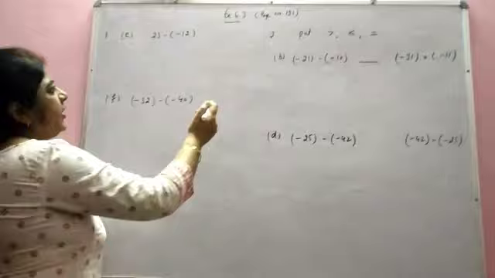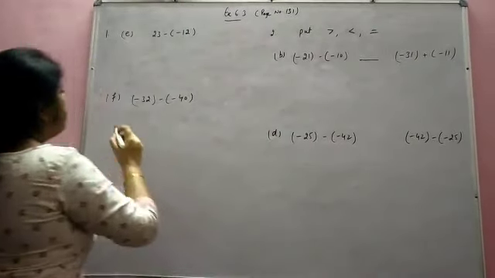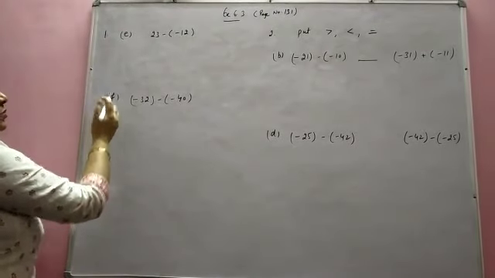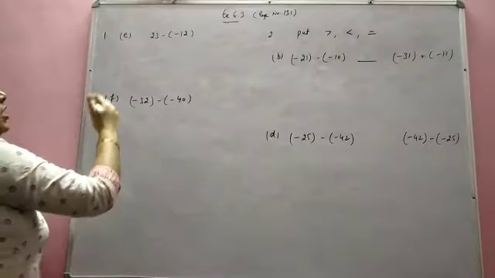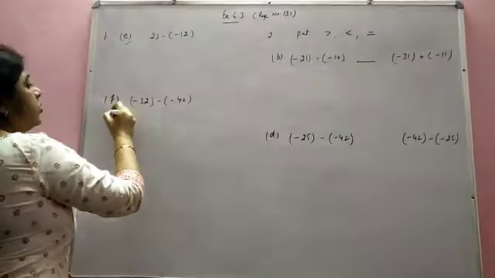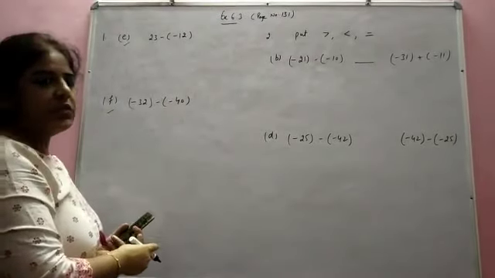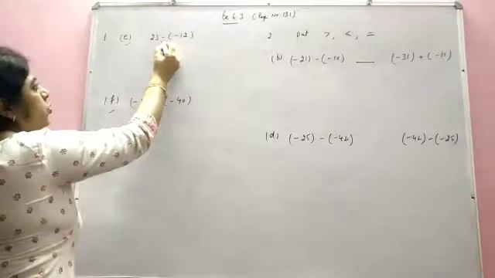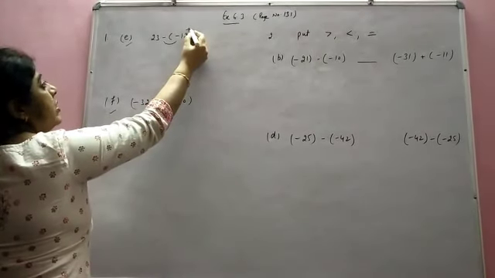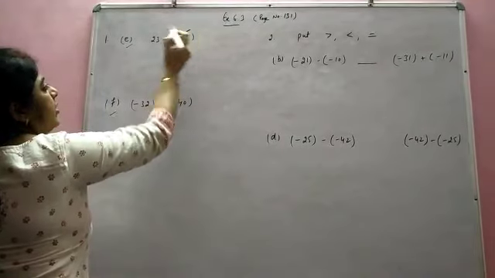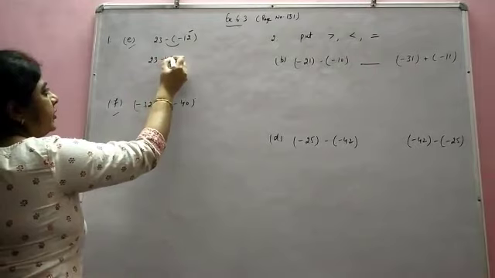Now students, we are here with exercise 6.3, on page number 131. First question. We have many parts, but we will discuss only 2 parts. The rest of the parts you have to do yourself. Now we have to find the values of these expressions. It's very simple, as you have done in exercise 6.2. See, two signs come together when a single number is in the bracket. So 23 minus minus becomes a plus.